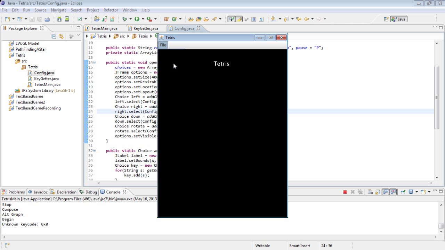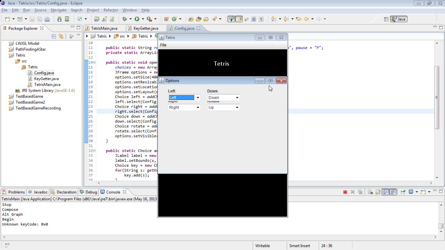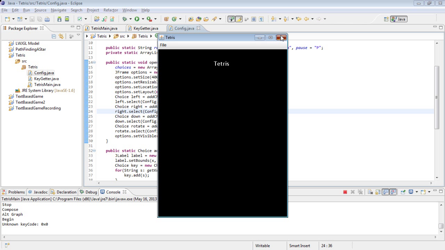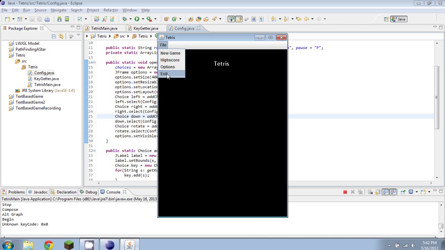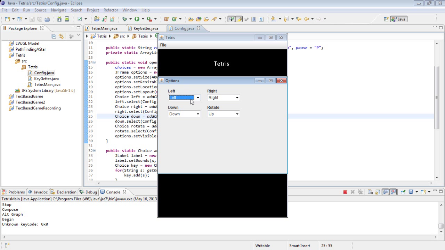File, options. Okay, so we obviously need to move those down a little bit more. 80, 80, and I feel like right should be the one next to this, so actually let's make this 150, 30, and then we'll make this 30, 80, and 150, 80. So now we have options, left, right, down, rotate,